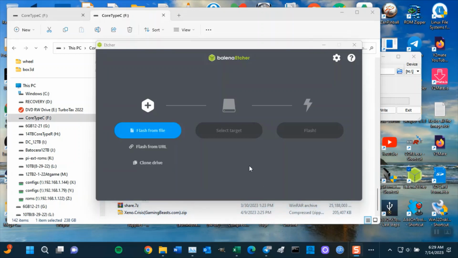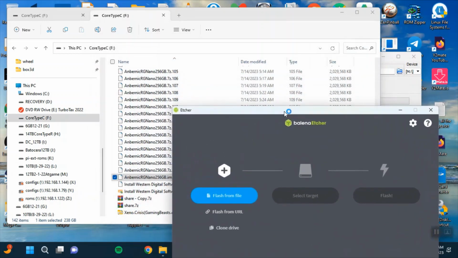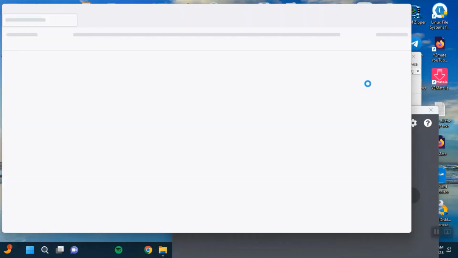Hi, this is Johnny. I'm going to show you how to burn the image, but you need to download Etcher. I will have the link below on the video. So you need to download it. I'm going to burn the image directly over the flash drive because I don't have another 256 image. So I'm going to burn it on the same